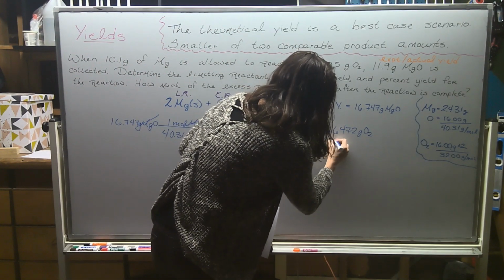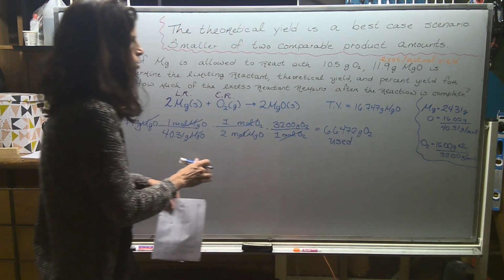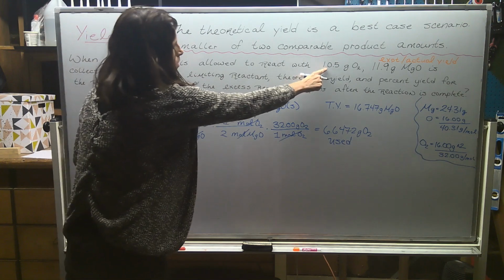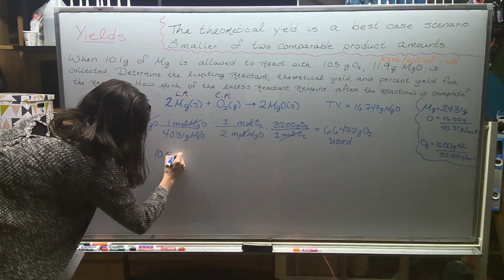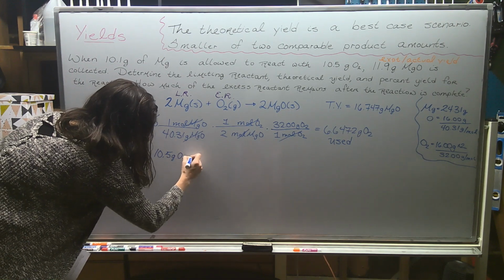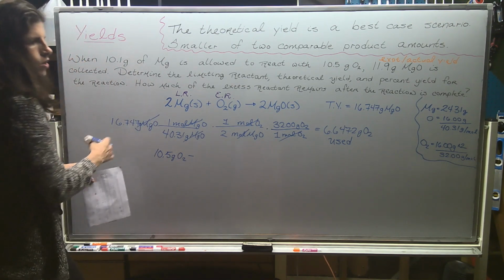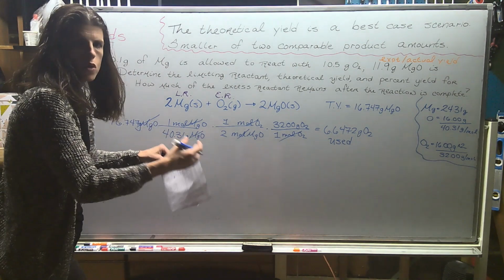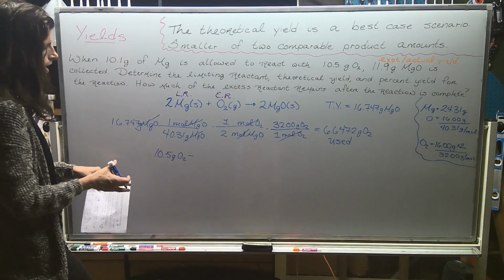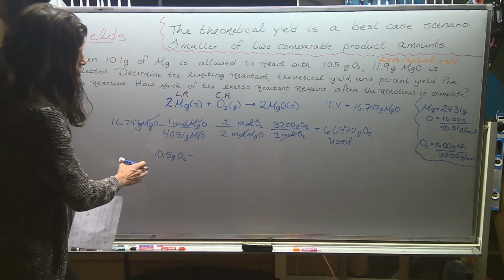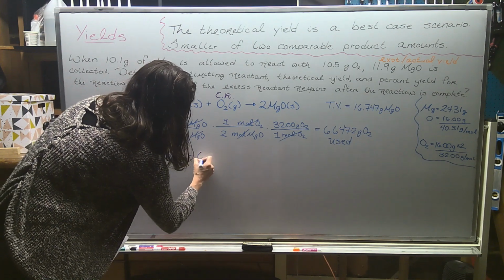And when you use your theoretical yield and turn it into your excess reactant, that's going to tell you how much of the excess reactant was used. So my starting amount was 10.5 grams. And we've done this earlier and we were in moles. You can subtract moles and moles and grams and grams. The units have to match exactly though when you do the subtraction. So it's fine. 10.5 grams of oxygen minus